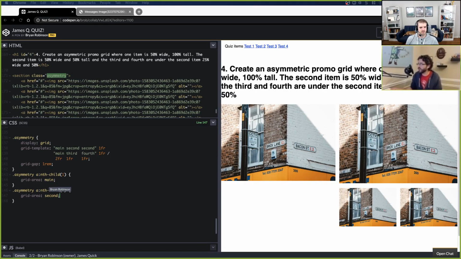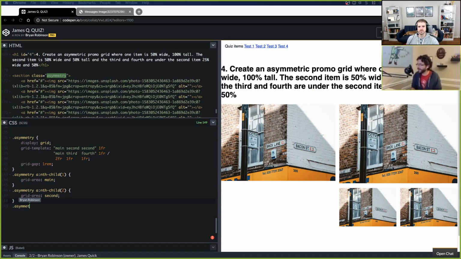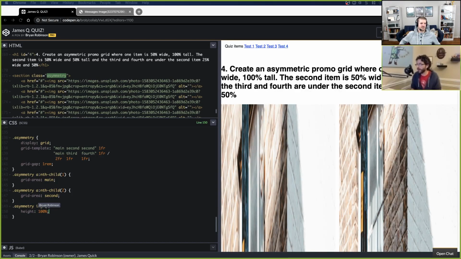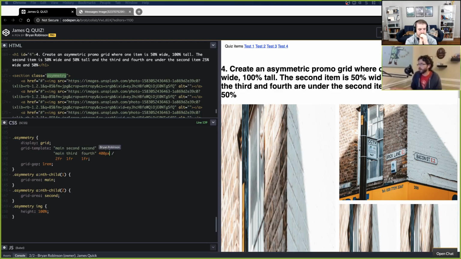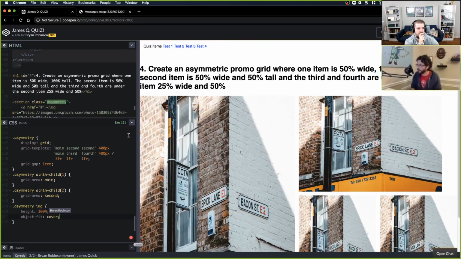And then we need to do some fancy work around our images, because images don't want to stretch. Images want to maintain their aspect ratio. So we actually want our asymmetry images. I shouldn't have named it asymmetry. It's so hard to spell for me. We want them to have a height of 100%, and that's going to stretch them horribly. There they are. Oh, nice. And actually, for now, I'm going to define these out as a pixel value for our rows so we can see things better. There they are, and they're all stretched out. So we also want them to have an object fit of cover.